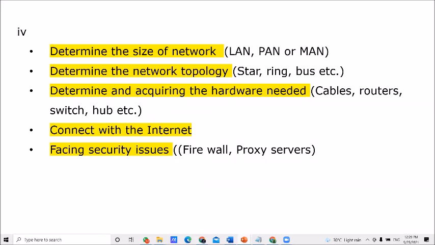Therefore, I will skip this problem here, and next week I will start from this question. The last question here: what are the factors you want to consider when implementing the network? We need some time to discuss this, therefore I will discuss this part next time.